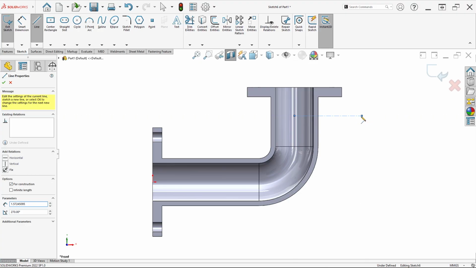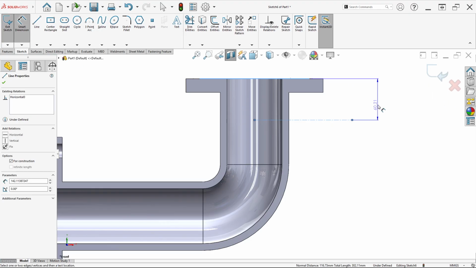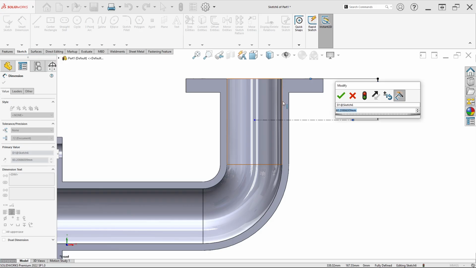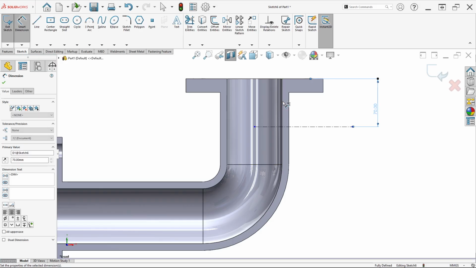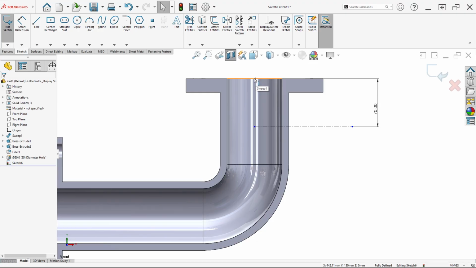Just make the center line like this. For the distance here, this to this is 70 millimeter. Then for the length here, this center, this point, and we can use smart dimension here.